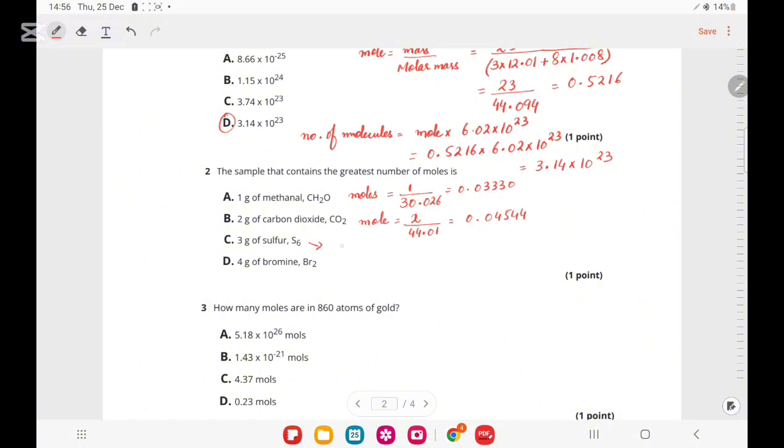And for S6, mole is equal to mass, which is 3 here, and molar mass is going to be 192.36, and it comes out to be